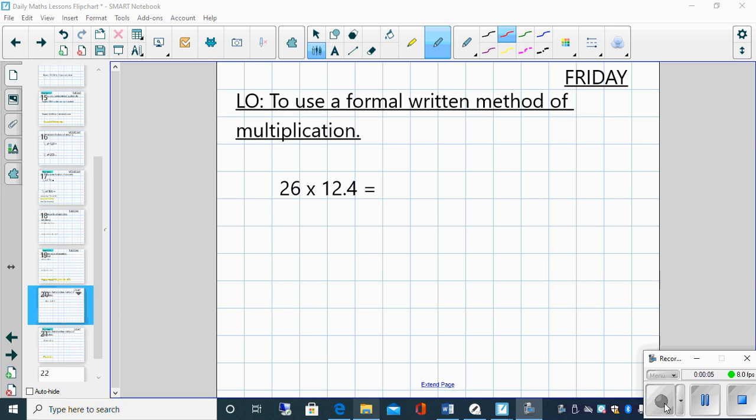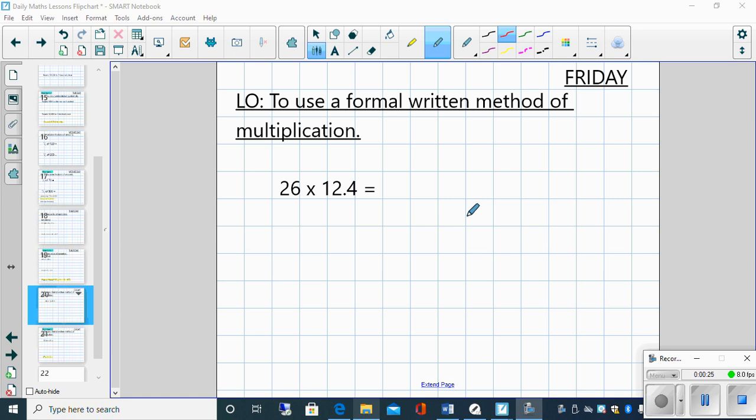So let's get ready for our video lesson for today surrounding our arithmetic element of maths before you do your independent work. Now, today we're going to be looking at the formal written method of multiplication to deal with multiplying decimal numbers. Now, some of you do get a little bit worried when we are multiplying decimal numbers, but there